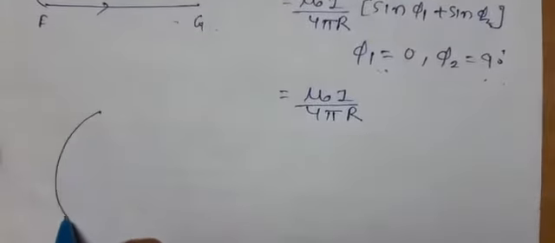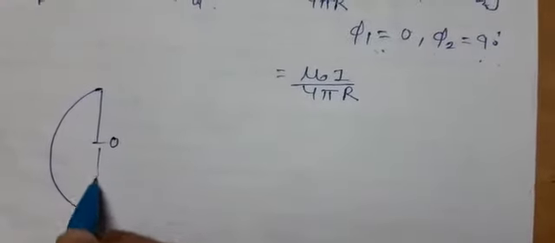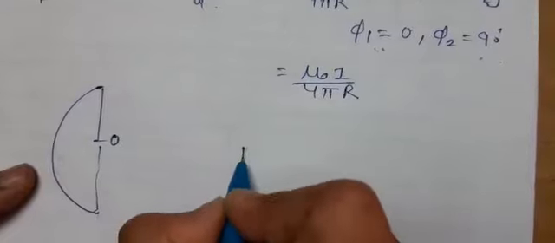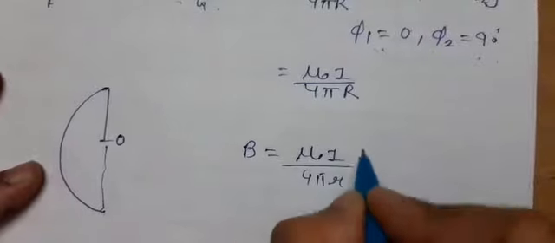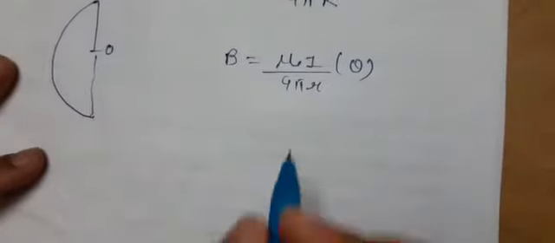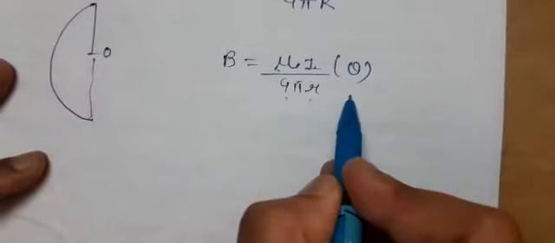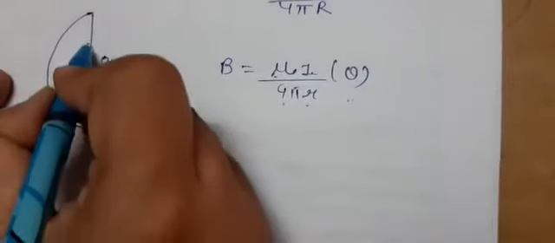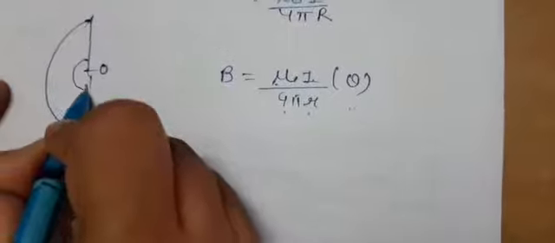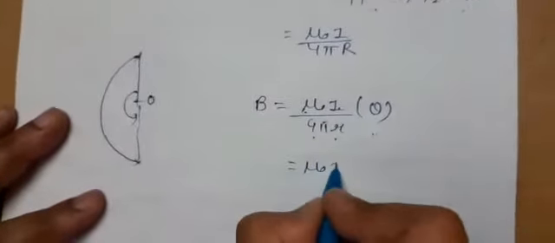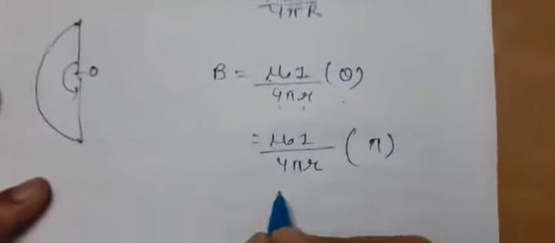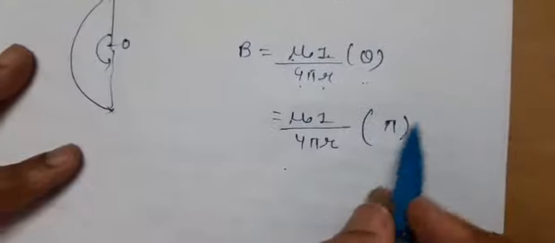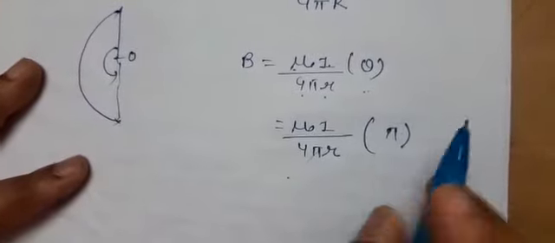Now see this part. This is a semicircular arc, so we have to calculate the magnetic field at the center. So one of the results can be that this magnetic field is mu naught I upon 4 pi r into theta, or you can write it as mu naught I upon 2r into theta upon 2 pi. Now if you take the angle corresponding to it, this is a semicircle, so the angle is pi. Or directly you can use the result which we have already explained. Both ways you can do it. So it will come out to be in this way. You can either cancel it or leave it as such.